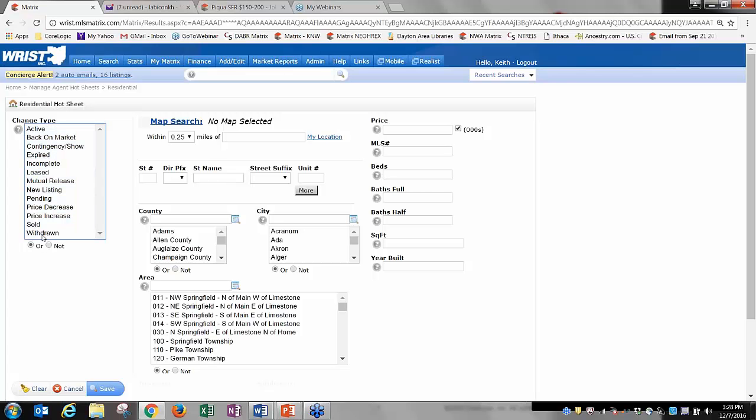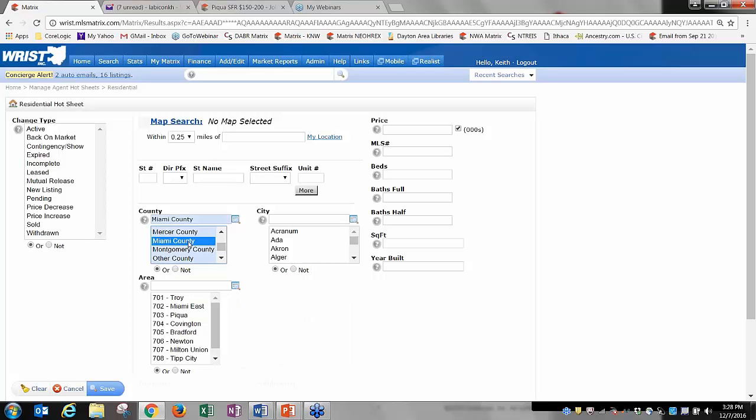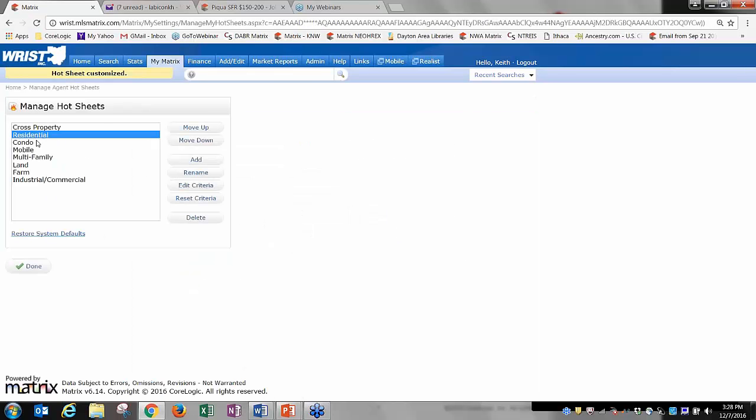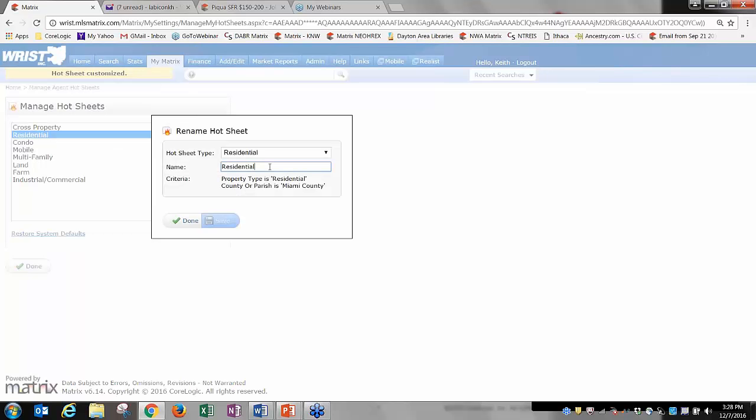I'm actually going to get rid of everything here. I want all types of changes, but let's just do Miami County here. Okay? I want Miami County, and I don't care. I want all areas of Miami County. So I just pick Miami County. I don't have to pick all the 700 numbers here, just Miami County. And that's it. So I'm just going to hit save. So this right here is residential listings, all changes just for Miami County. So I might want to rename this and call it Miami